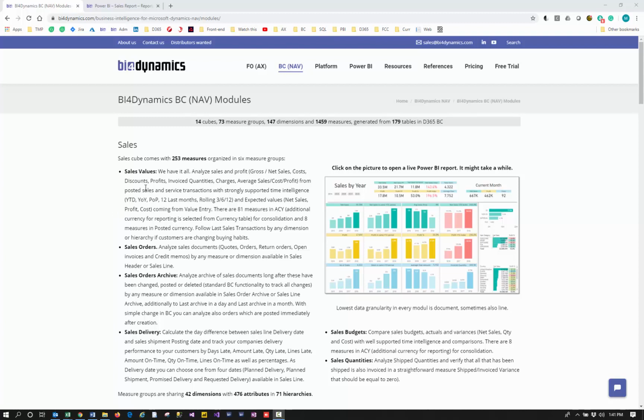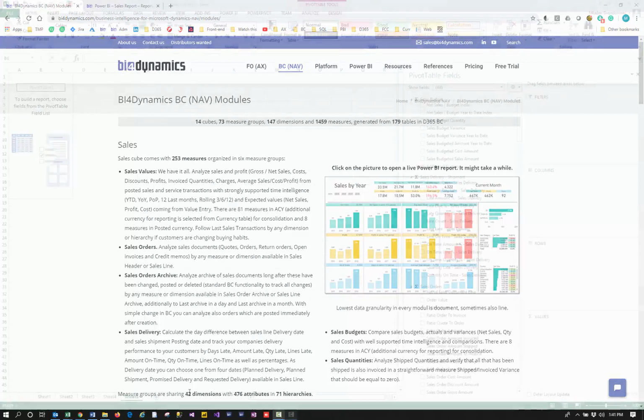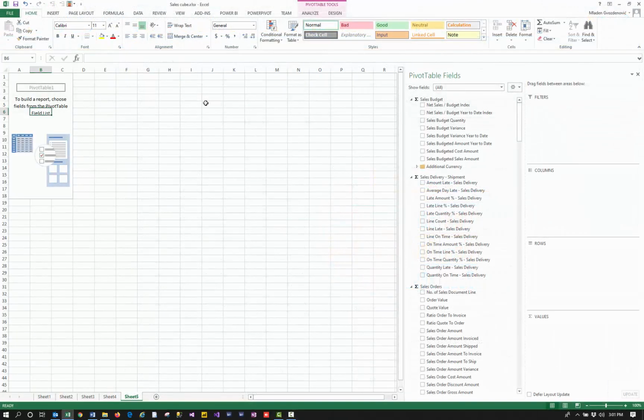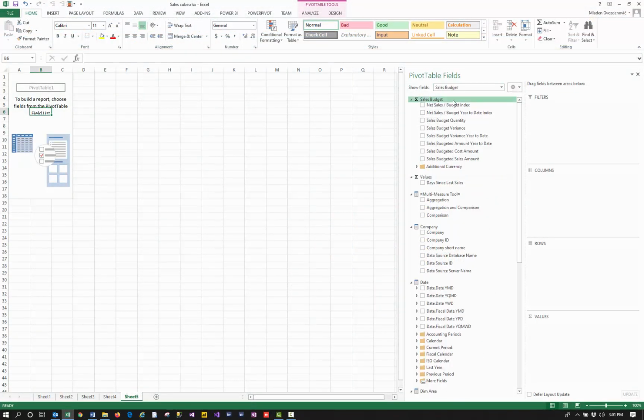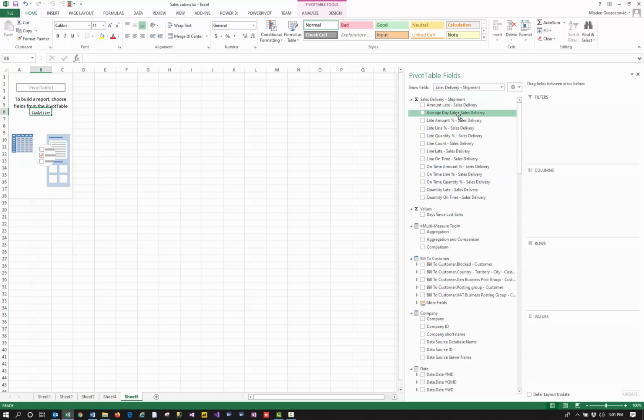BI4Dynamics Sales Cube comes with 253 measures that are sharing 42 dimensions. Let's look into the measure groups alphabetically. First, we have sales budget, where we analyze the differences with the actual and budgeted amount in quantities. Then we have sales delivery measure group, where we are looking into the differences between the delivery date and actual